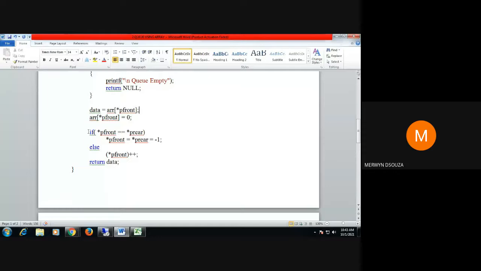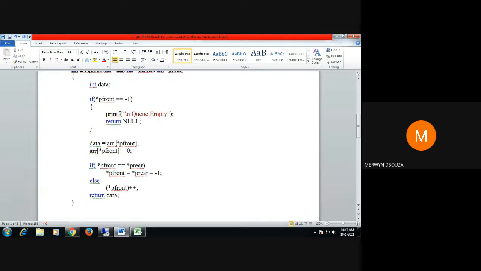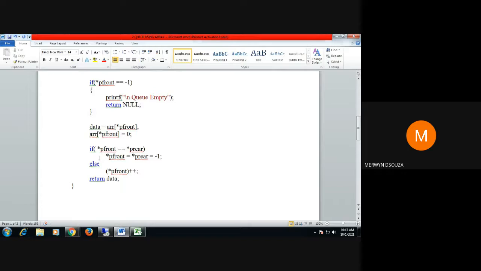So next I check whether, after doing the deletion, as you can see here, when I'm doing deletion I'm using the front pointer. Like we have all discussed, while doing deletion we are using only the front pointer. Next I check: after doing deletion, will the queue be empty? If the queue will be empty, then front and rear should be equal to -1. We have seen that previously. I've discussed this in class also on Wednesday and Thursday. When you're doing the deletion and the queue becomes empty, just before the queue becomes empty, the value of front and rear is equal. So we check for that condition, whether front is equal to rear.